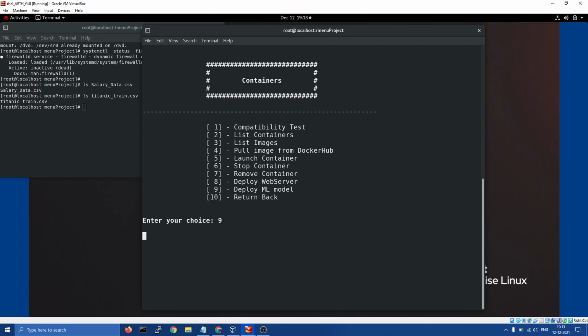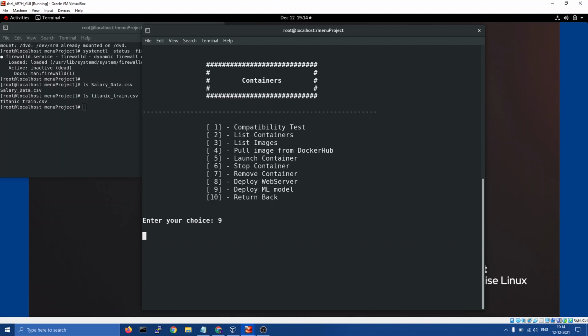In future, in some time, I will use Kubernetes also for managing containers, and in the data science part I will also add neural networks, deep learning kind of things. So it will be a very big menu project.